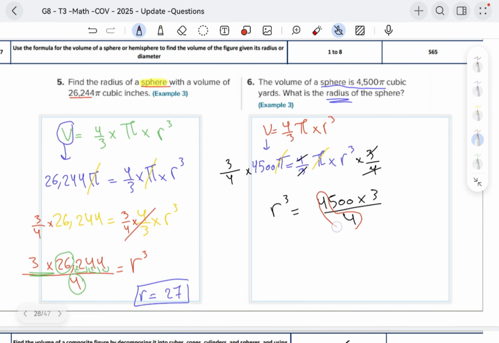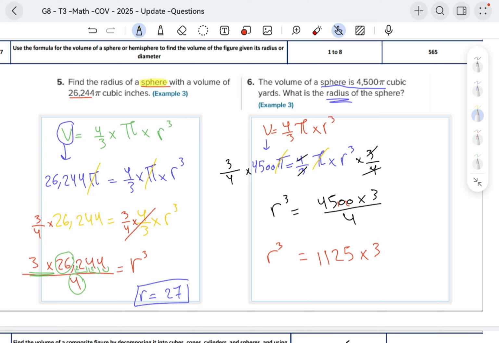First, 4 divided by 4 is 1. Now 5 divided by 4 is 1, but the remainder is 1. The remainder, put it here. Now we have 10. 10 divided by 4 is 2, and the remainder is 2. Now 20. 20 divided by 4 is 5. So 1,125, we're going to multiply it by 3. The radius cubed is equal to